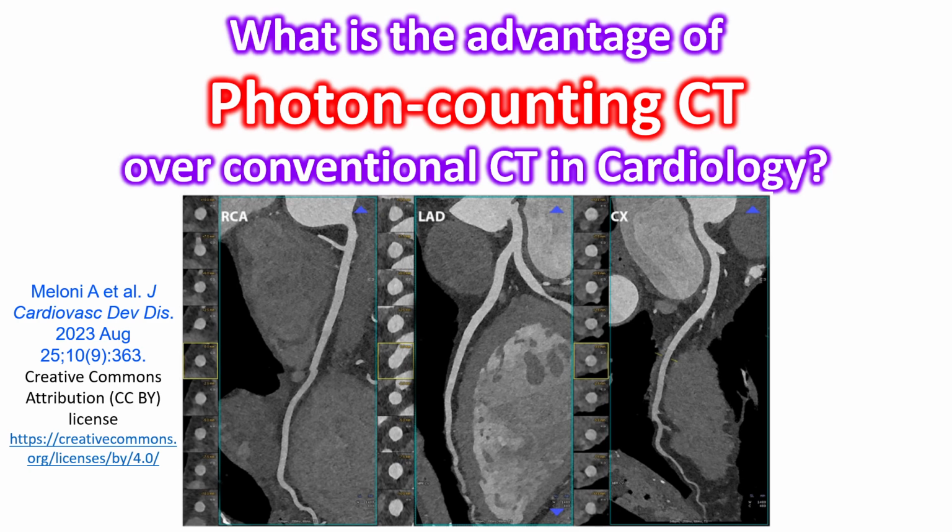Photon-counting computed tomography is a relatively new technology which has several advantages in cardiovascular imaging. Some of the disadvantages of conventional energy integrating detector CT are taken care of by photon-counting CT. Role of ultra-high spatial resolution photon-counting CT in coronary artery disease and in imaging prior to transcatheter aortic valve replacement